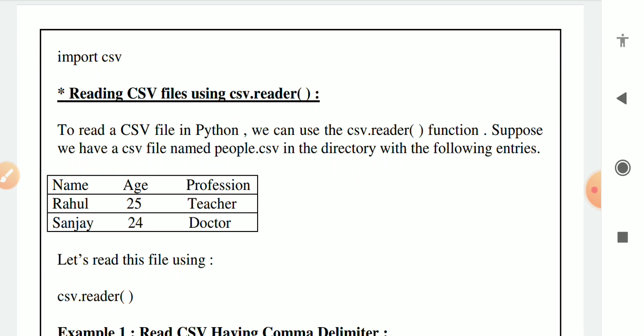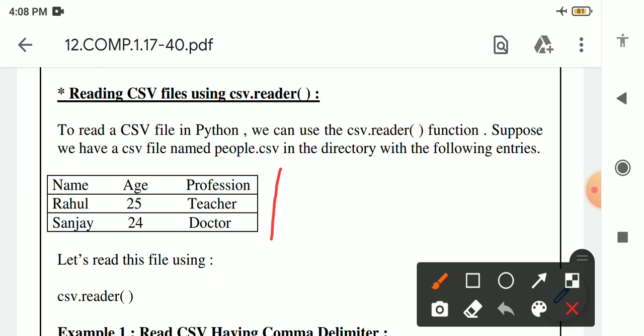To read a CSV file in Python, we can use the csv.reader function. Suppose we have a CSV file named people.csv in the directory with the following entries. Means in our directory there is a file named people.csv, and inside this file it contains this complete information, means name, age and profession.